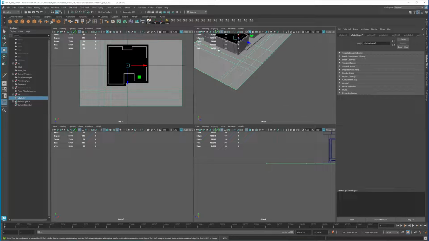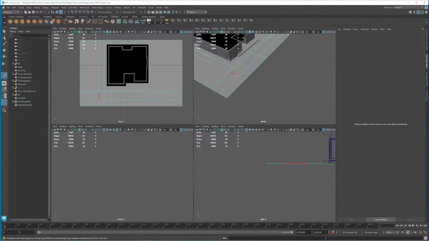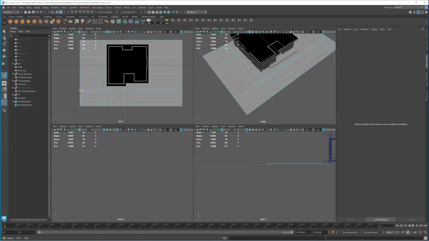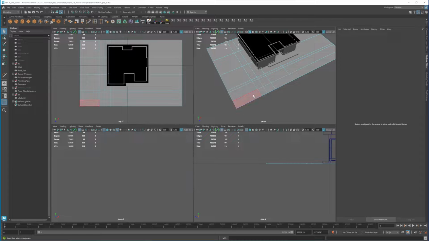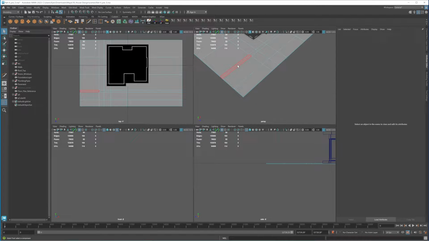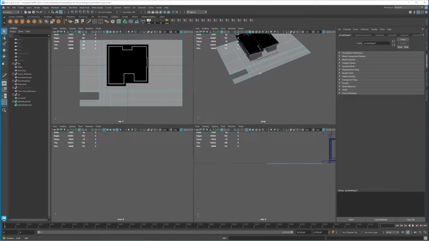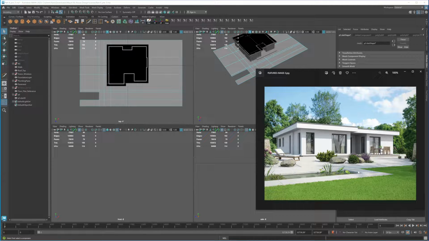We can begin to add maybe more. Okay, so I want to cut out this one right here, and let me see, I think we need to extrude this one out a little bit more so we can get this shape here. So let's do that one.